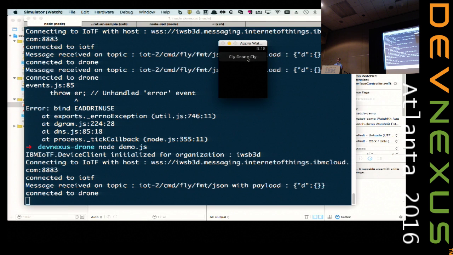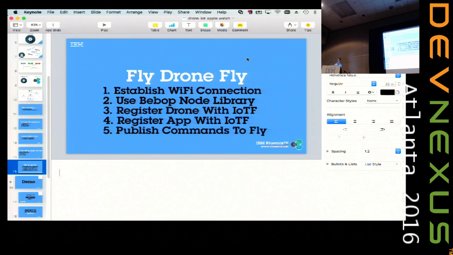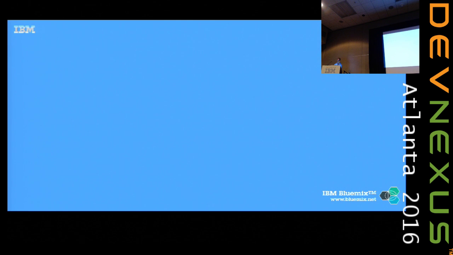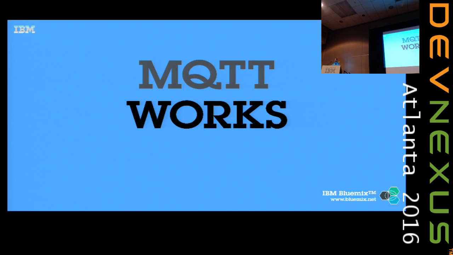So that's how you control a drone from your Apple Watch using the IBM IoT Foundation. Okay, so I'll show you something a little bit more interesting and show you some reasoning behind why I designed it the way I did. Actually, my team and I made a little bit more complex demo, which I'll show you in a second. But I wanted to explain why I chose to use REST to control the drone as opposed to using MQTT